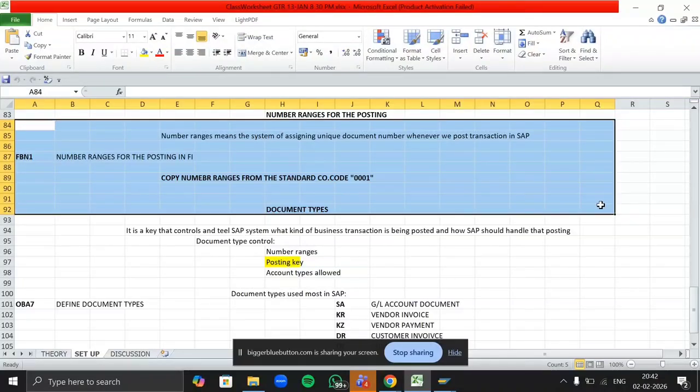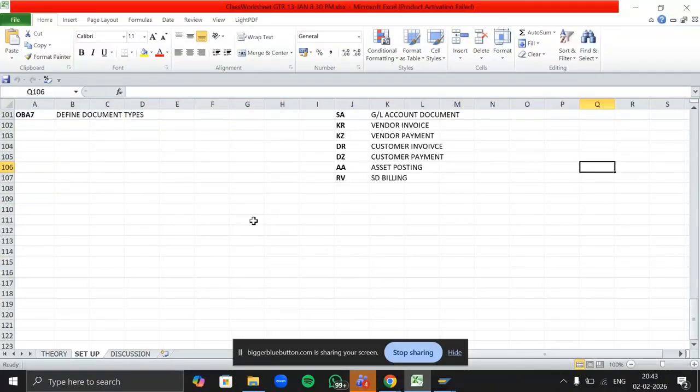So here you can control any of the fields, not any of them, but yes, we have particular fields that we can control. Control in the sense, you can make that field mandatory, you can make that field optional, or you can make that field suppressed. Suppressed means hidden. Okay, so this is what we are going to do now. So for controlling your fields in SAP, we have a tool named field status variant.